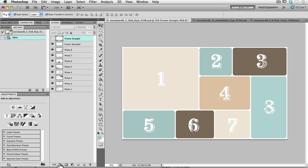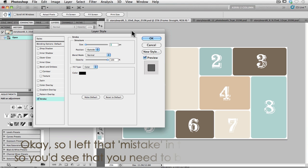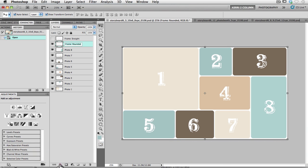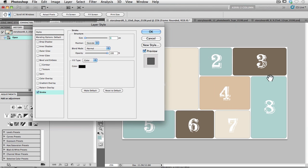And then I am going to add a stroke to this to make it actually a thicker frame. So you can just do that by choosing your FX button, and I'm going to click on stroke, and then as you can see over here, you would just click on stroke, make sure that it's got a little check mark. Oops, I'm on the wrong layer, so let's go to the rounded one. Okay, now I'll choose the FX button. Okay, silly me. Alright, now as you can see, it's added a little bit of a black stroke around